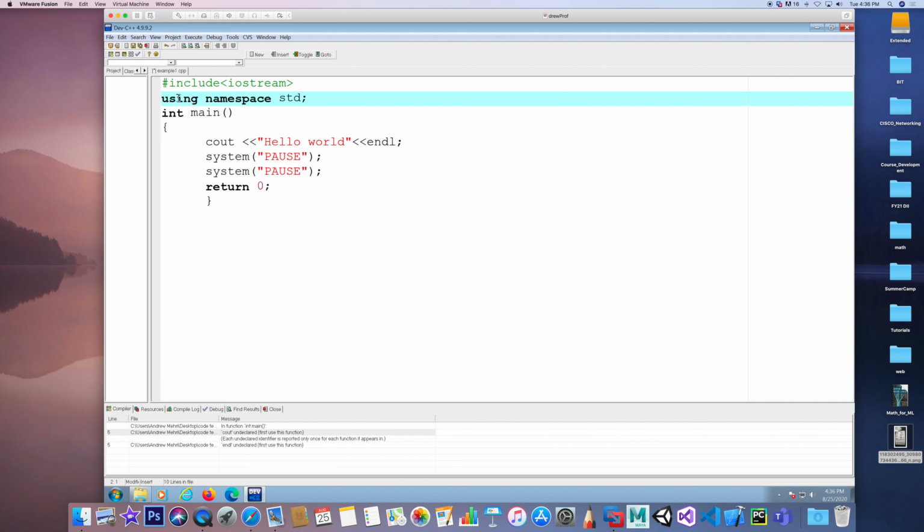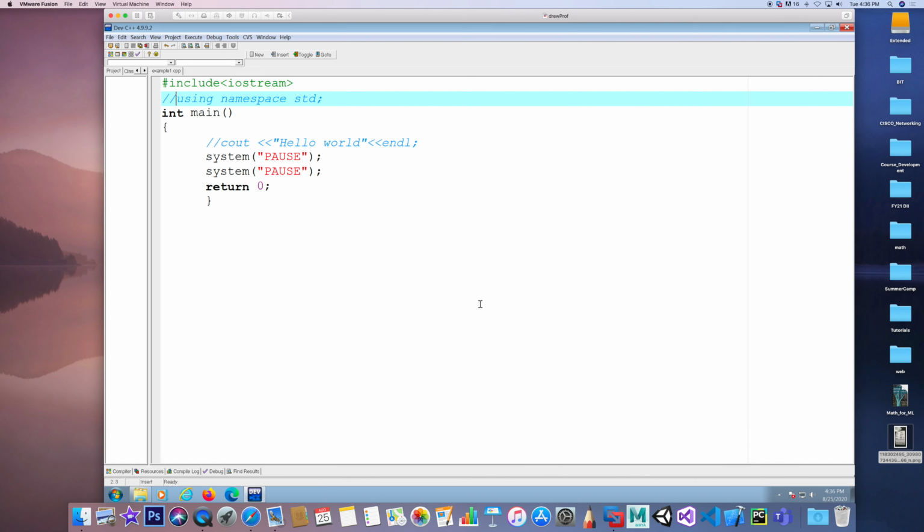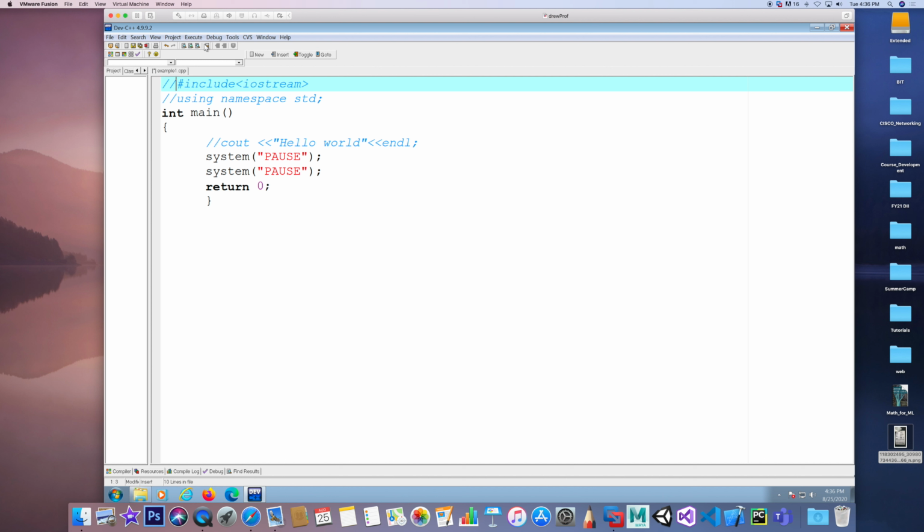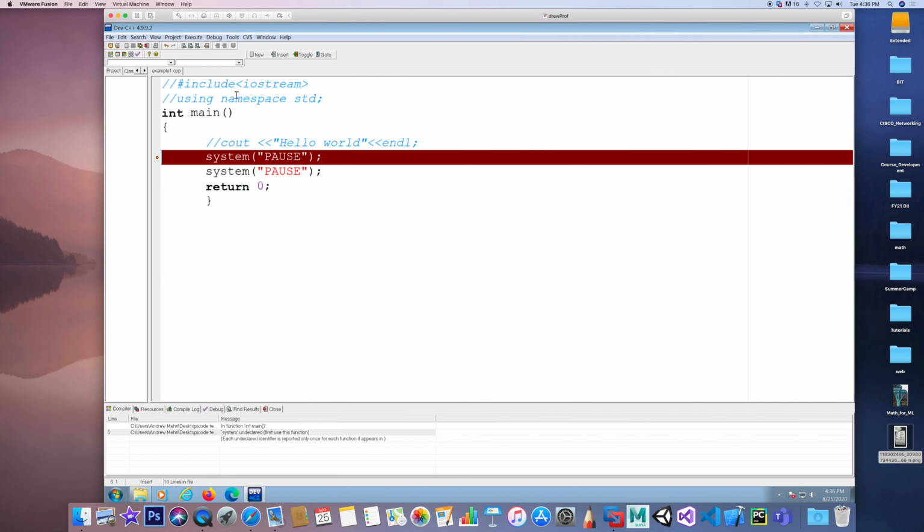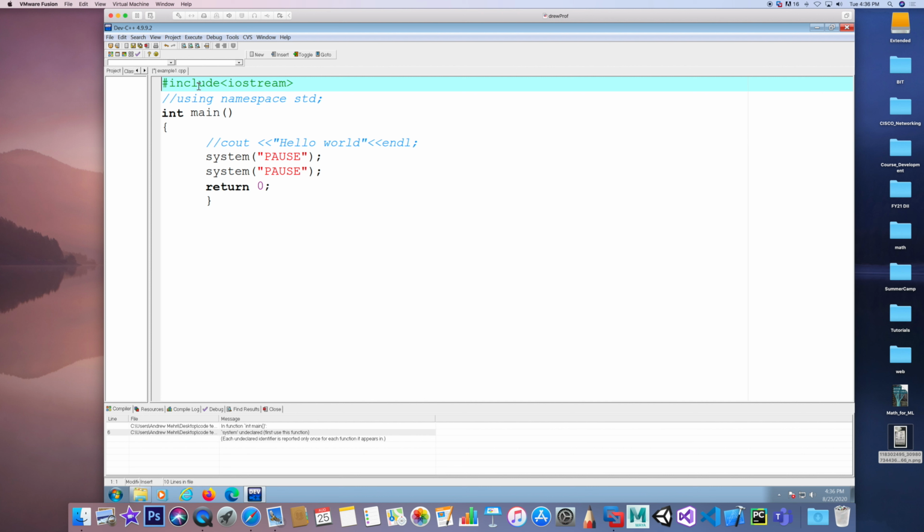Okay? All right, so let's suppose you didn't have cout and you didn't have namespace std. This is the kind of thing I want you to experiment with. Will that have any effect on system pause? Okay, so compile and notice none whatsoever. So system pause, the function itself, system, was it defined under the iostream library? Well, let's find out. Now let me compile and see if we get an error. And sure enough. So you cannot use the function system unless you have iostream already included and linked to your